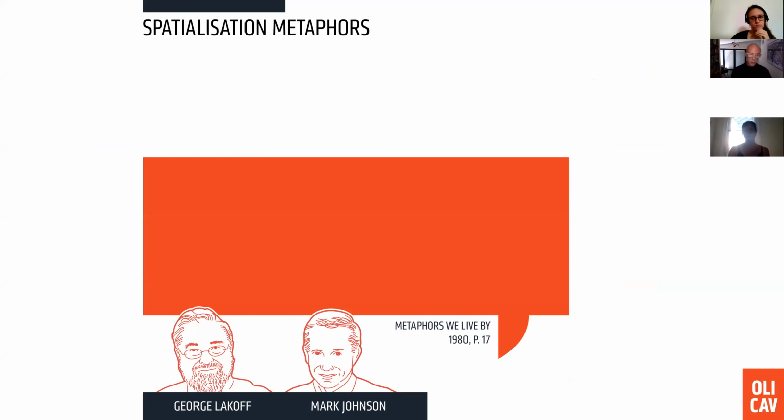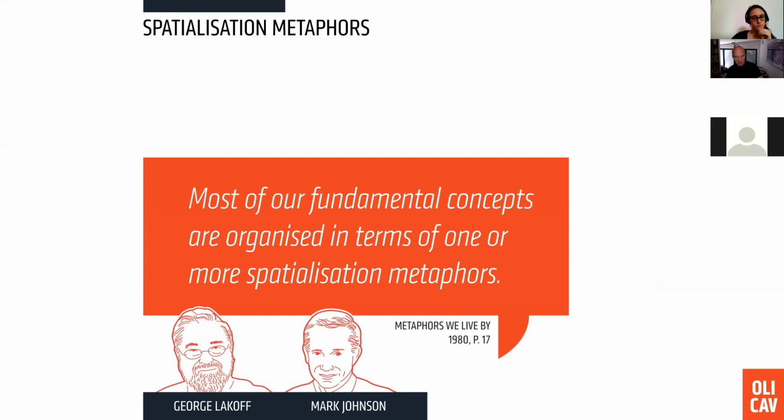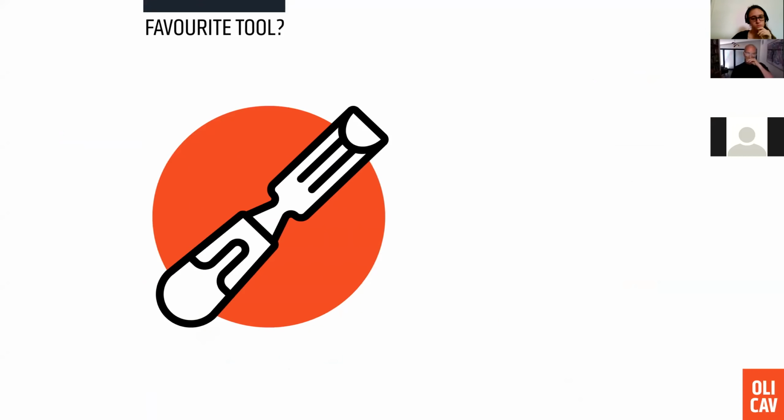So let's see what these two gentlemen say again. They just remind us that space is where it's at. So earlier on, at the beginning of this section, I talked about what researchers found is the biggest mistake teachers make is they choose the wrong visual. And in the domain of graphic organizers, they choose the wrong graphic organizer